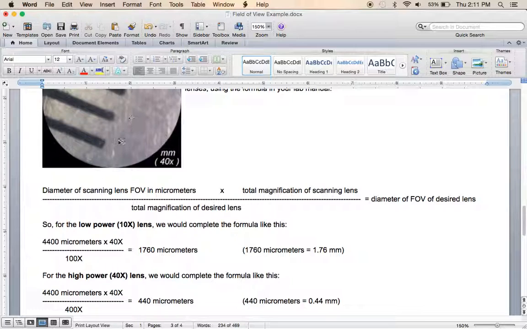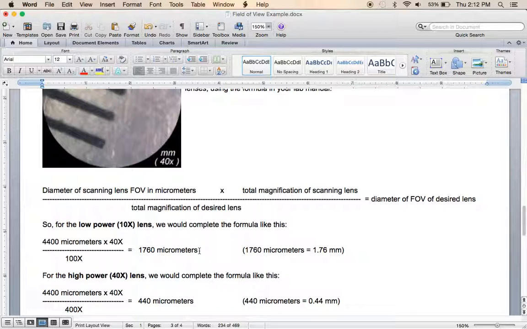We know from what we just measured that the diameter of the scanning lens field of view in micrometers is 4,400 micrometers. We know the total magnification of the scanning lens is 40x. So we're dividing by our desired lens. We want to know about the low power lens, which is the 10x lens. The total magnification of the 10x lens is the 10 times power from the lens multiplied by the 10 times power from the eyepiece, which gives us a total magnification of 100x. So according to the formula, you multiply 4,400 times 40 and you divide by 100. And what you get is